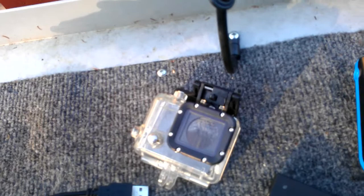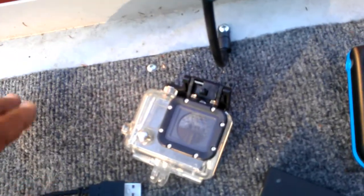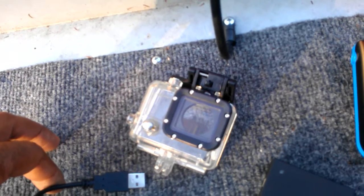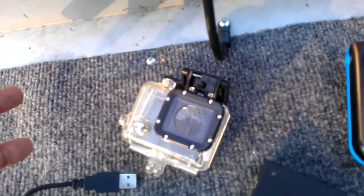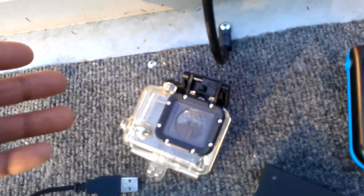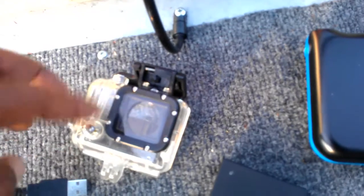The only bad thing about that is that you can't hook up external power and you can't hook up an external mic. But if you are going to be in wet conditions, if it's raining, though I've had mine in the rain anyway, or you're really going to be underwater, then you have to use this case